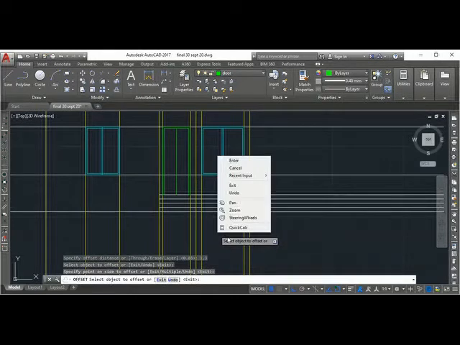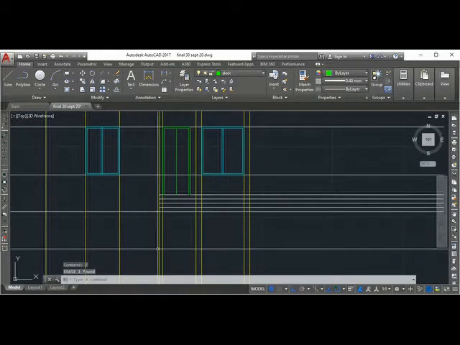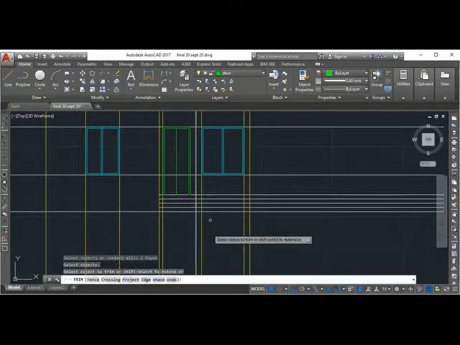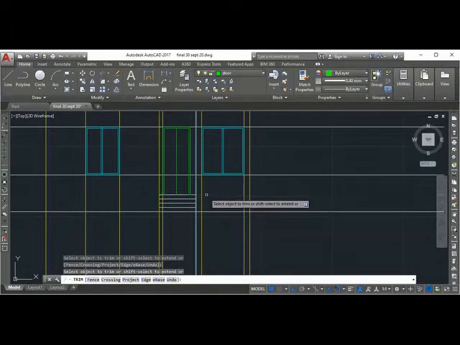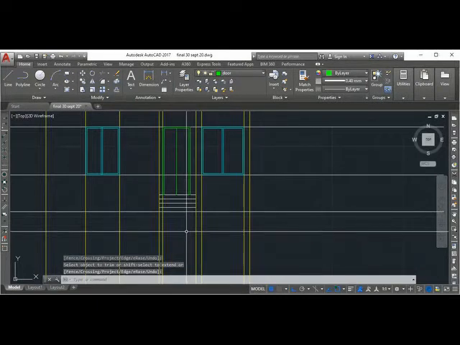So this line I don't want, which I drawn for door only. Trim. You don't want this line also.